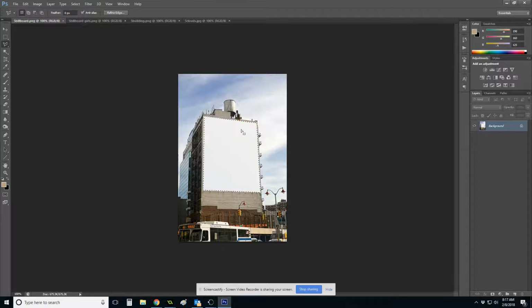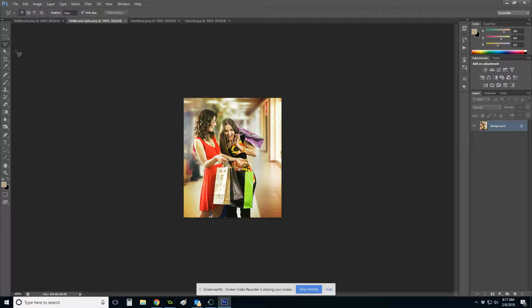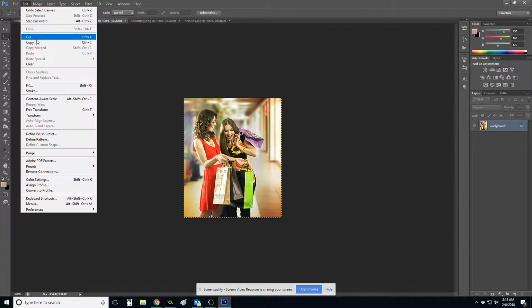So once I have it selected, actually I need to go back to what I want to have selected. Basically what I want to do is just copy everything in this image. I can either use the rectangular marquee and just select it like that, or I can use the shortcut Control A to select everything. Control All is how I think of it. However you want to do it. Select it, copy this,